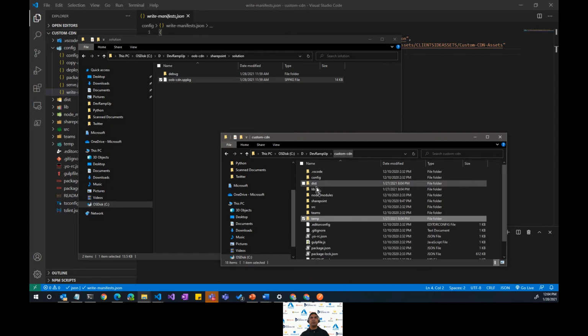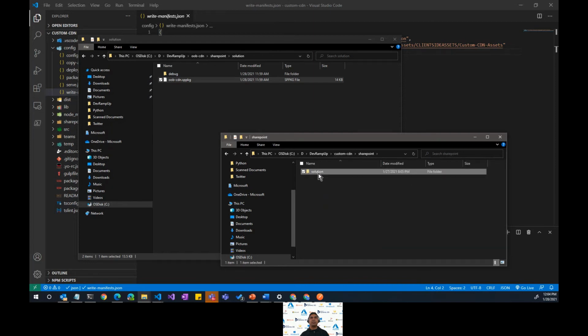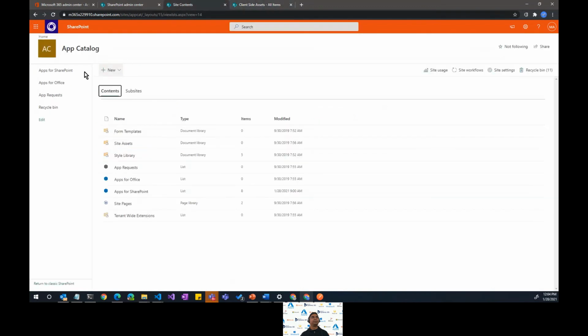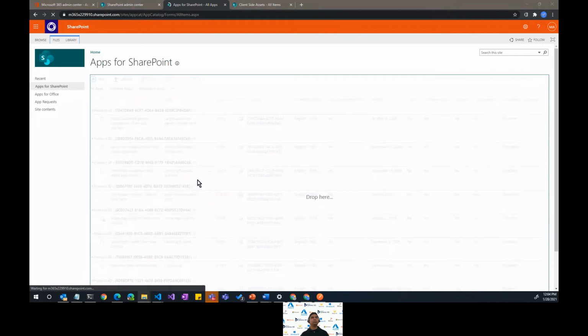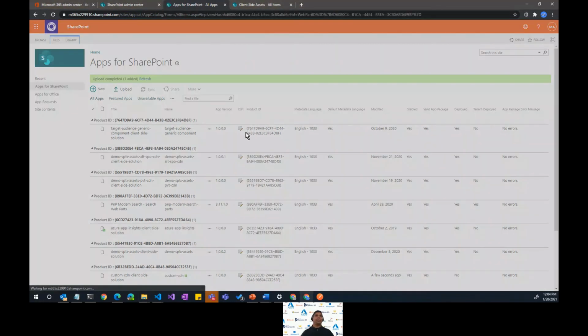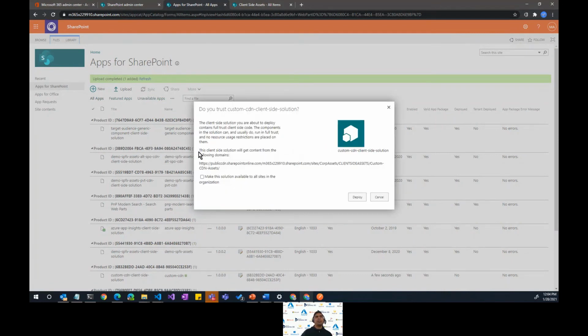We'll go back to that SharePoint solution and upload to the app catalog. This time we will see a prompt with a different message. It says that this project is going to get content from the following domains, and the domain is the public CDN. This is what we set as a CDN path. So that's what it's highlighting here.